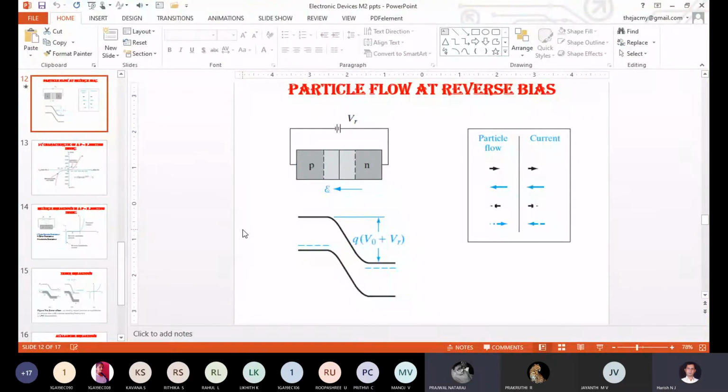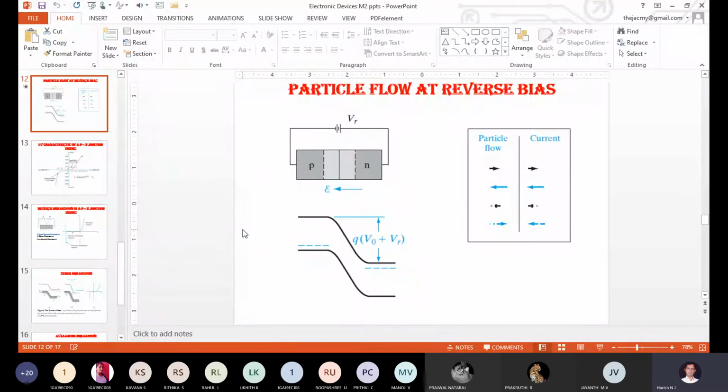Yes, sir. Okay. So in the last class, we were discussing the definition of a PN junction diode, the PN junction diode at equilibrium condition, when the diode becomes forward bias and when it becomes reverse bias, how it happens and what processes take place inside the PN junction diode, which type of charge carrier moves to which side of the semiconducting material, and how we do the biasing for that.